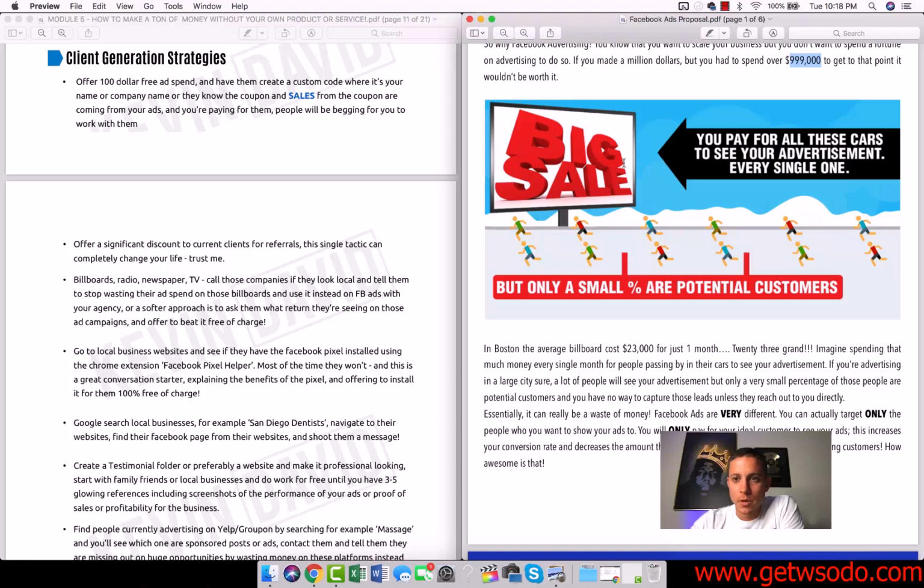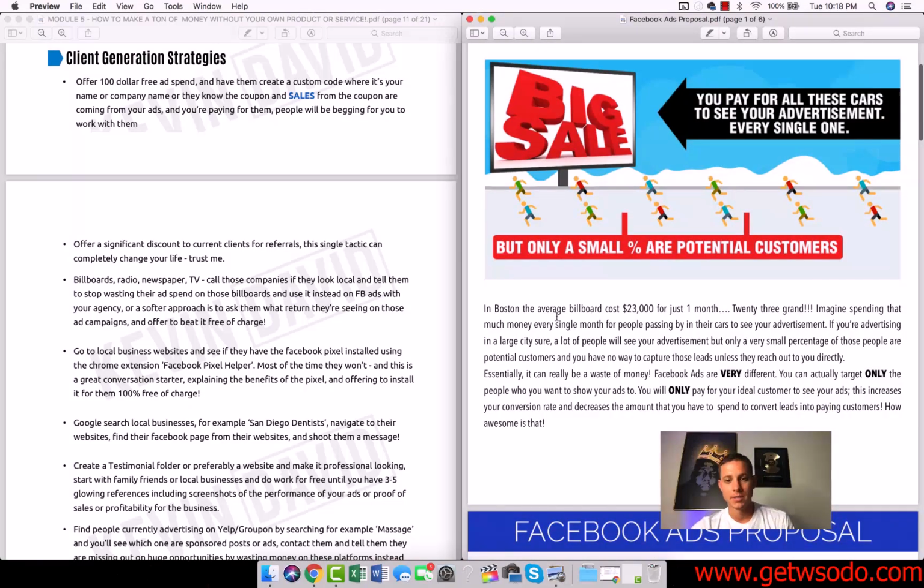For example, with a billboard, you pay for all of these people to see your advertisement, every single one of them, but a tiny percentage of the people who pass this billboard are actually going to be interested and become potential customers, right? In Boston, the average billboard costs $23,000 for 1 month. 23 grand, and 99.9% of the people who see that billboard are not targeted. They're not actually interested in what is going on with that billboard.